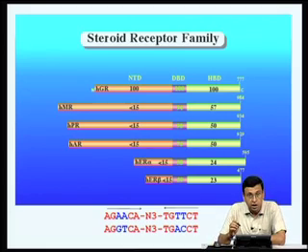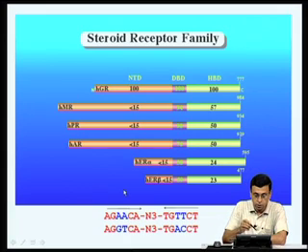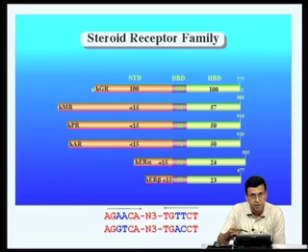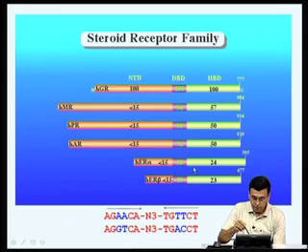Some of the members of the steroid receptor family that we discussed are the glucocorticoid receptor, mineralocorticoid receptor, progesterone receptor, androgen receptor and estrogen receptor. There are different isoforms of these receptors, alpha, beta and so on, because of differential splicing. This also tells you that the DNA binding domain of all these receptors contains 2 zinc fingers,